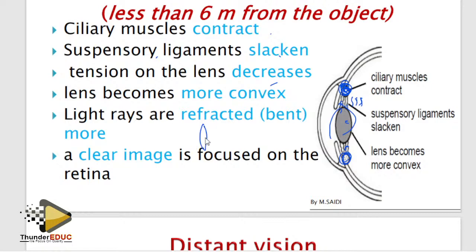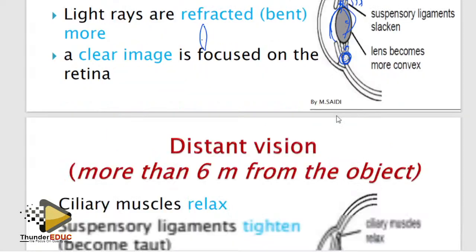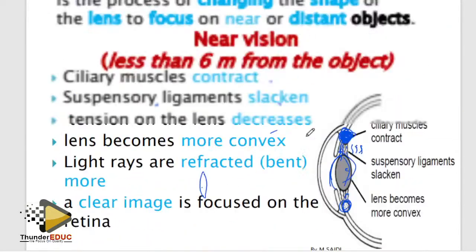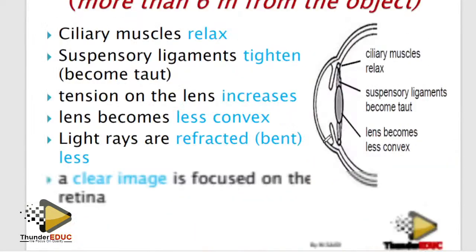How do I make this lens go from small to big? It means that the tension must be relaxed. If the tension is relaxed, it means that the ciliary muscles must contract. Then the suspensory ligament must slacken. And then the tension on the lens is going to decrease, and the lens is going to become more thick, which you call more convex. If you don't remember the words more convex, you can say more thick. We also give you a tick on that. So this is the difference. So make sure that you memorize one. Don't go with too much information.